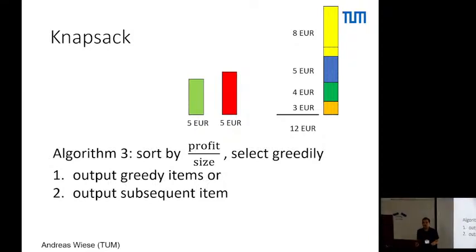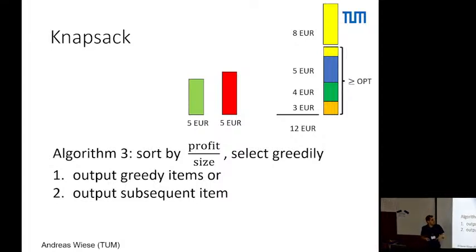However, we can argue the following. Let us pretend for a moment that we can split this yellow item into 2 pieces: one piece that fills the remaining capacity, and the remaining piece. Then you can show that these pieces within the knapsack capacity have a total profit of at least the optimal profit, simply because you pick the densest items that are available and you fill up the